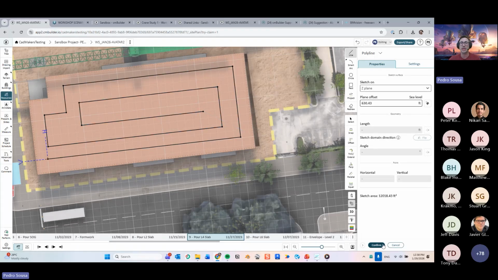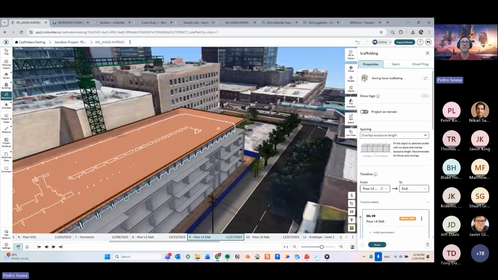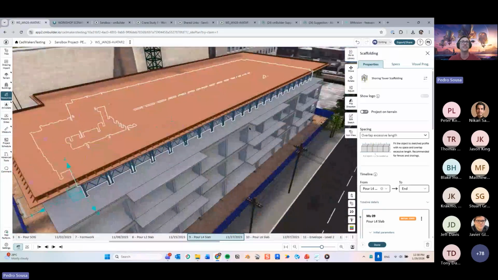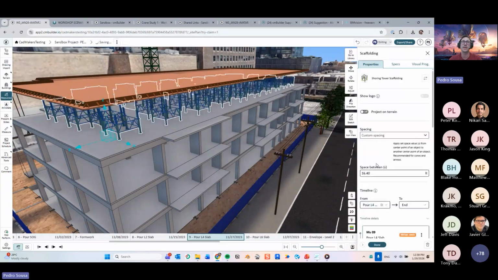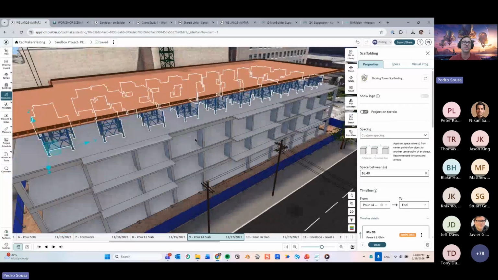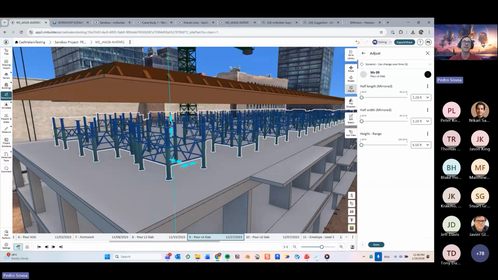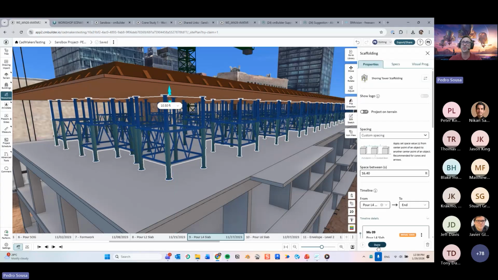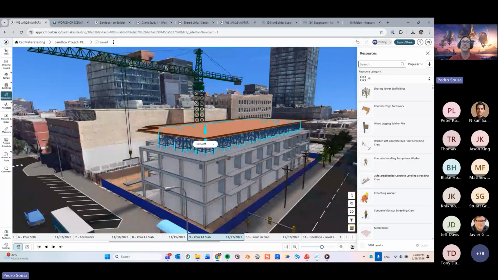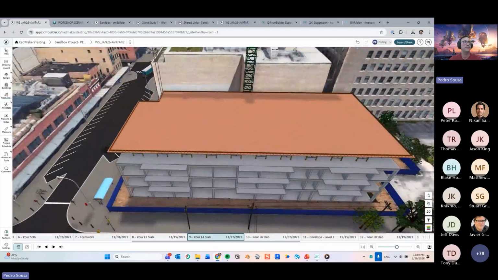If you need to know exactly where every tower will be, you would be able to do so, right? Just by adding them manually. And now this formwork will be like that. You can go into the spacing and then do a custom spacing and put a spacing that would fit your project over here. Then you can go into the adjust function, bring this guy upwards, and so on and so forth, right? So now I have my formwork done very quickly,